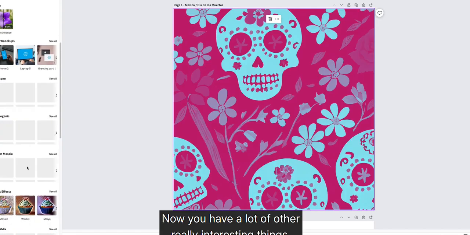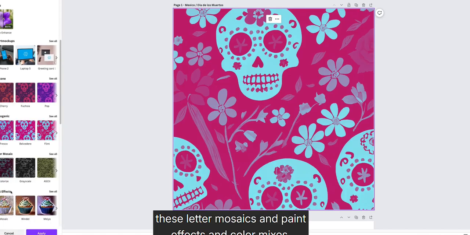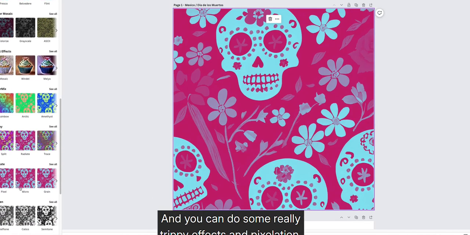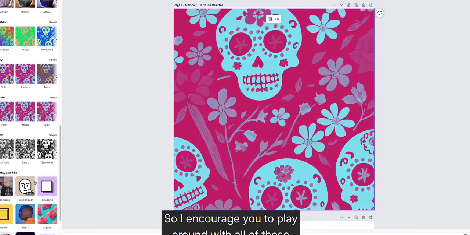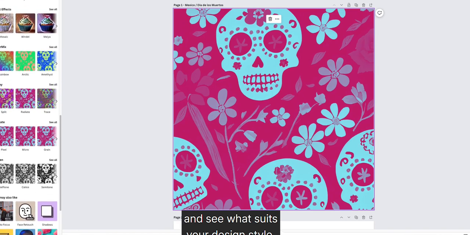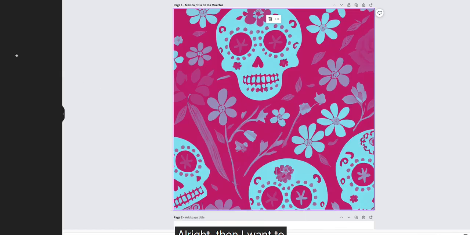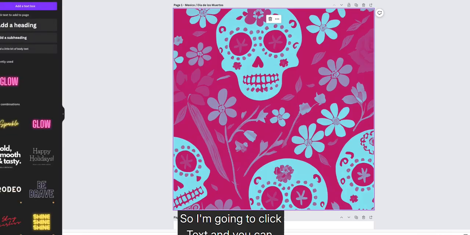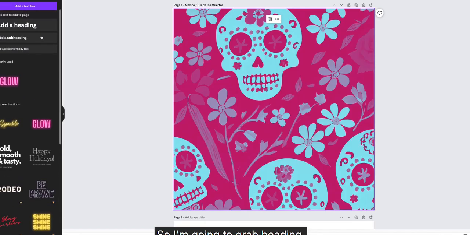Now you have a lot of other really interesting things, these letter mosaics and paint effects and color mixes, and you can do some really trippy effects and pixelation. So I encourage you to play around with all of these and see what suits your design style. So this is a nice background to get started with, all right? Then I want to have text on each of my stamps that says what it is that I am celebrating. So I'm going to click text. And I would advise starting with these and then adding your own effects rather than going down here and choosing stuff that's already made. So I'm going to grab heading,